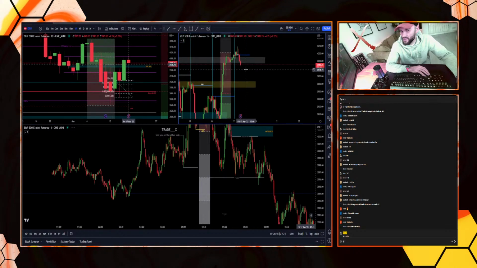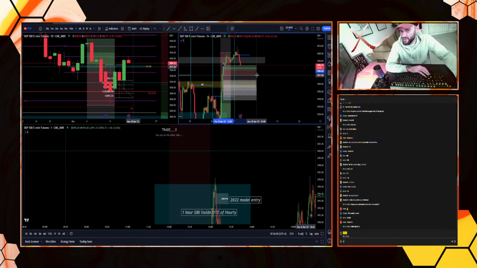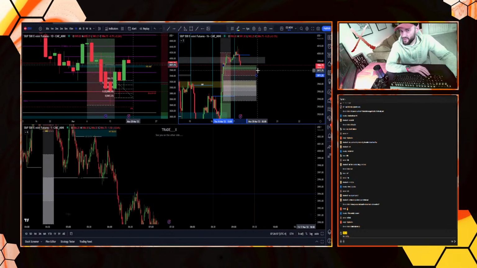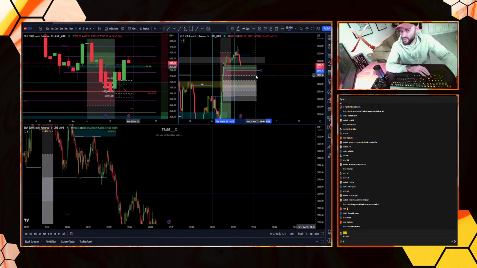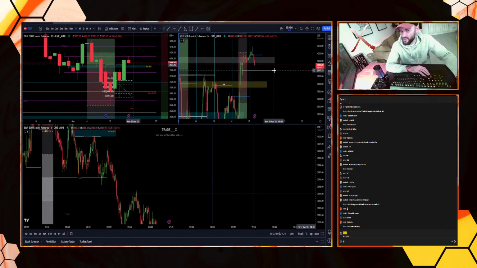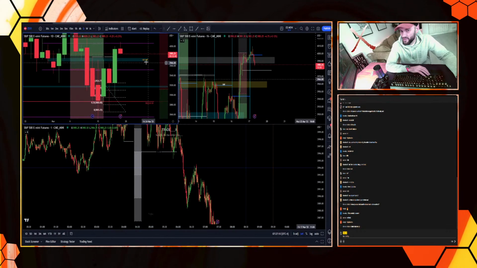So what do we have on the higher time frame? Right? What do we have on the higher time frame? We have a rejection block here on the hourly. So my eye is automatically drawn to this. All right? You know, so this 39.78, which would put us